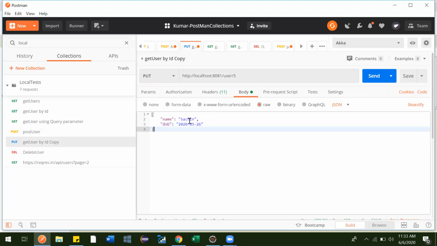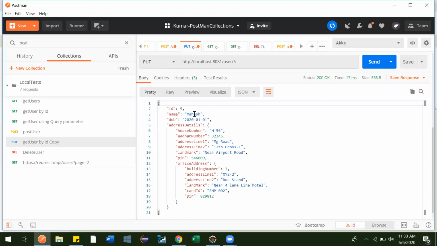For ID 5 we want to change the name, suppose to Mahesh, and the date of birth to 0101. Now we change these details and hit this. For ID 5 the name got updated and the date of birth got updated.